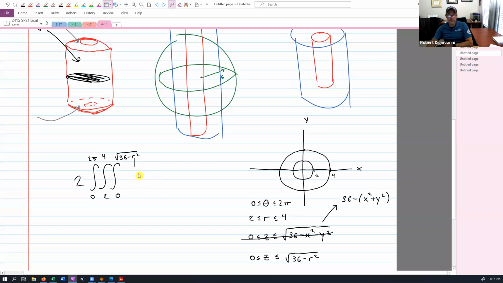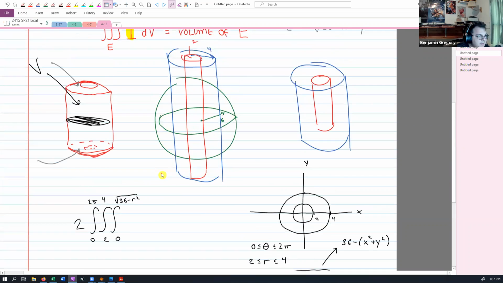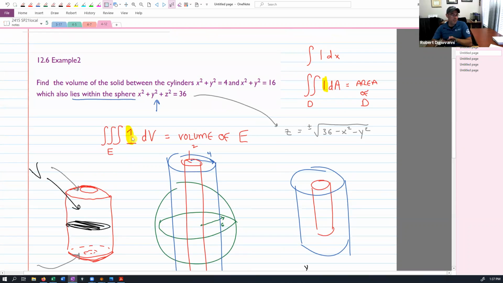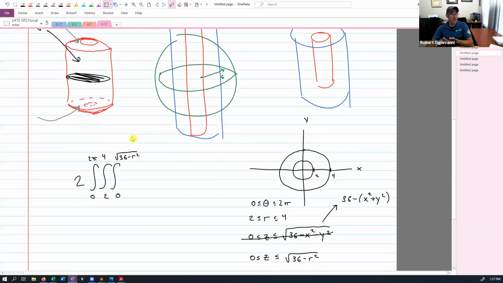So what goes in here? 1 times r. So we're using the formula that the integrand should be a 1, right? But we have to have an r in there because we went to cylindrical / polar. So even though there's a 1 there, we have to put the r there, then dz, then dr, then d theta. So I will highlight again that there's really a 1 there, right? There's a 1, but it's r because we went to